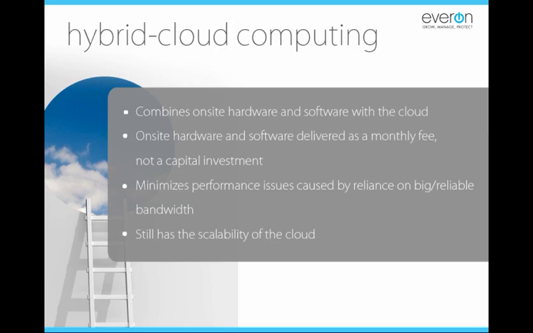So hybrid cloud computing combines on-site hardware and software with hardware, software, and services in the cloud. So instead of putting all of your eggs in one basket and saying, hey, we're going to do everything in the cloud, what is very realistic, I think, for a lot of businesses is that you're going to have this combination of the two. A more traditional model where you have hardware and software located on site, but that it's connected up to services in the cloud to give you a lot of the benefits and capacity that the cloud provides.